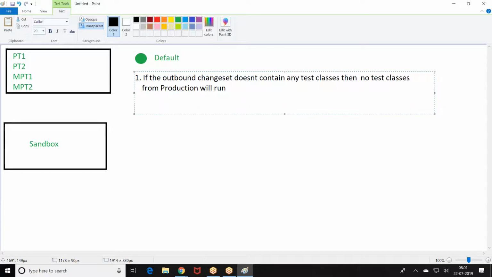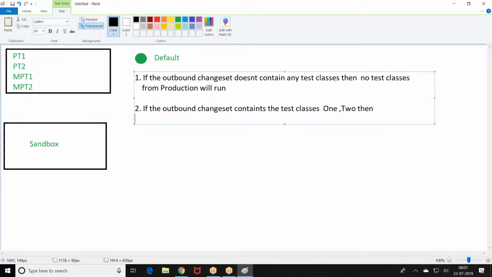Suppose the outbound change set contains test classes T1, T2, and production contains test classes PT1, PT2.